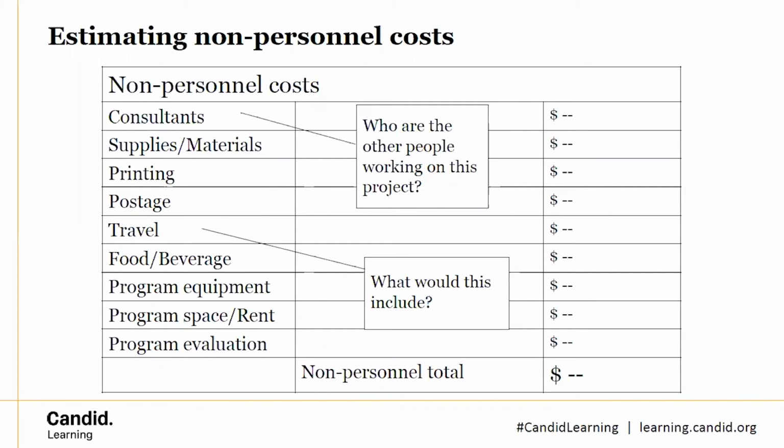While that's going to be one of the largest pieces of the budget, it is hopefully a fairly straightforward one to estimate cost-wise. Non-personnel expenses. It's basically everything else. Now, all projects are different, so all budgets are going to look a little different. This is a sample here of non-personnel costs. It can be a good list to start with to look at the general categories that non-personnel costs can fall into.